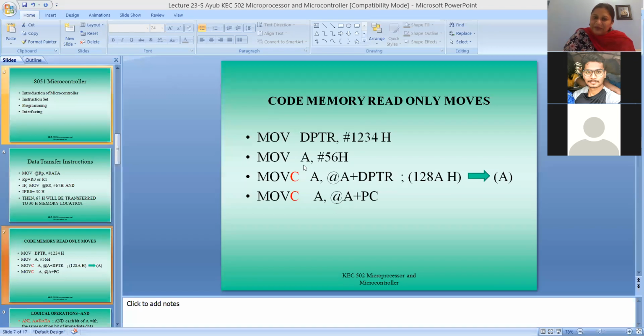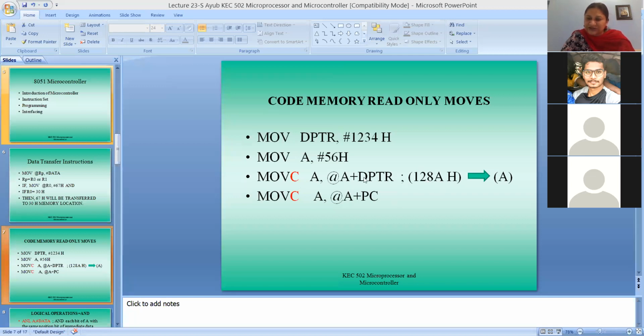But whatever the value in the accumulator may be, that value corresponds to some temperature value. So that's why you take this value from the accumulator, add it to DPTR and form a new memory location where you have stored the corresponding temperature reading. So I think, is it clear to you why this particular instruction is needed?